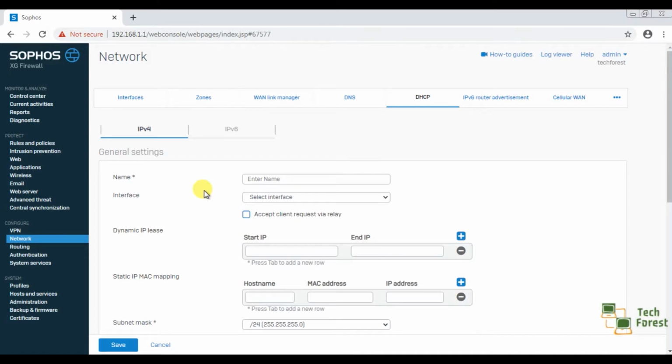If you are working in a mid-size or large organization, then you may have to create multiple DHCP pools, like one DHCP pool for computers, another DHCP pool for mobile devices and servers, and so on. So this pool name will help you to identify each DHCP pool.